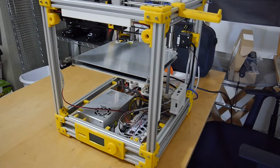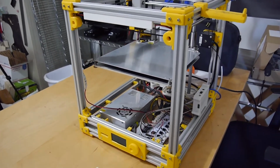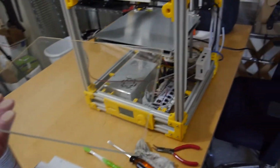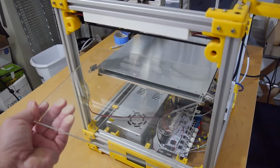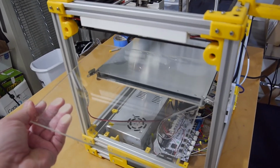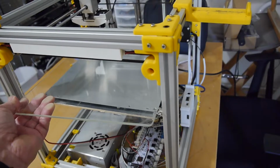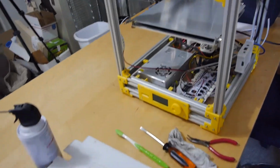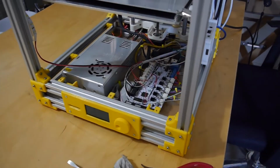Well, there it is, and you can see I took the floor off of it, and I took the glass bed off of it also. Now, the glass bed, when I first got it in, it was just caked on with glue. It was on there so thick. So I went and cleaned off the glass, and I took off the bottom plexiglass so that I can see